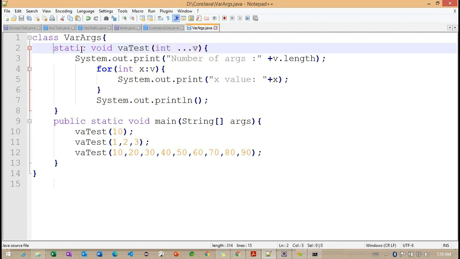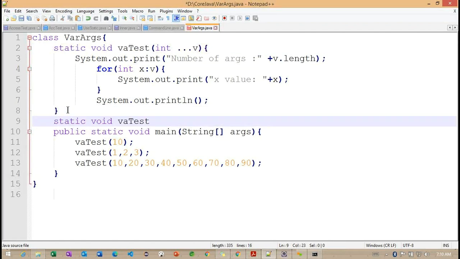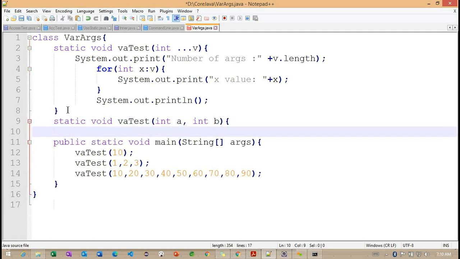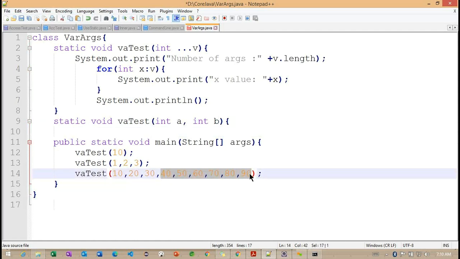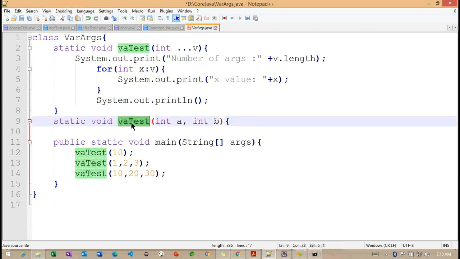If I define a normal method, let's say int a comma int b, so two parameters are defined here. Getting the point? But if I give three parameters here, it's going to give an error.